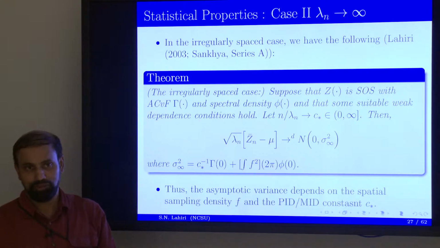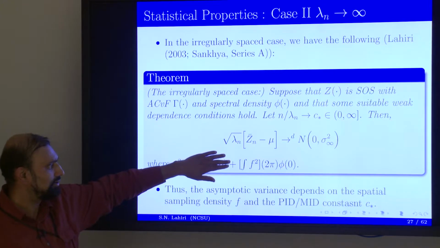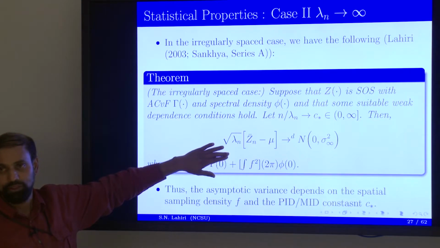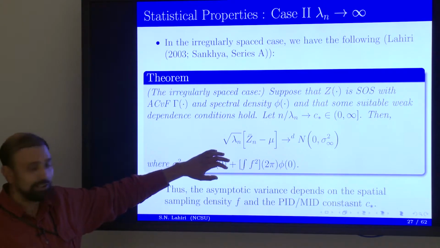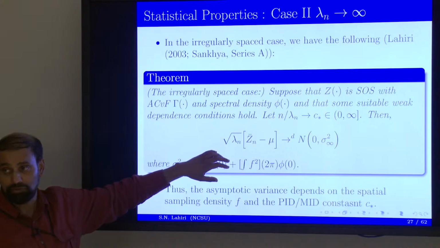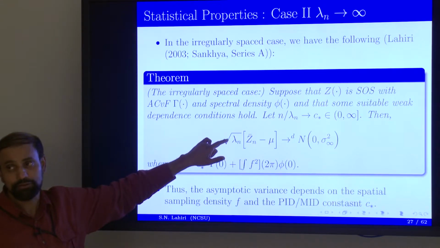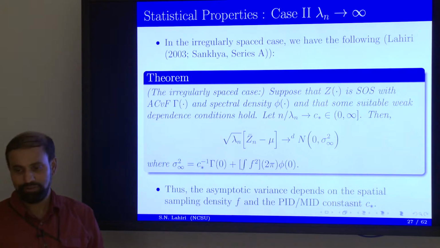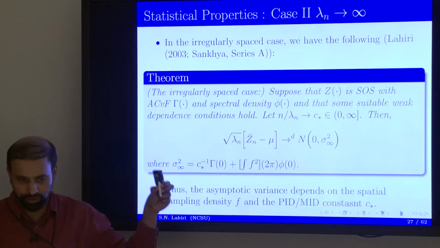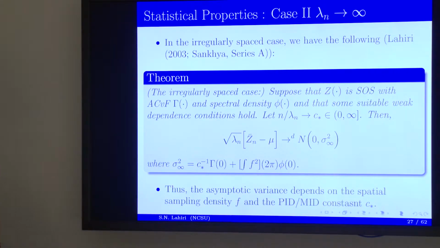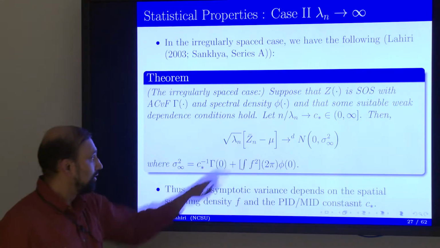But I'm talking about when you are trying to fill in with more density, it's not going to help you much. The only thing is that this part drops out. So the asymptotic variance becomes a little smaller if you have many more observations, but rate-wise it does not help. There is more like an asymptote. You do not go beyond that level. It's the length of the interval of observation that determines the rate of convergence.